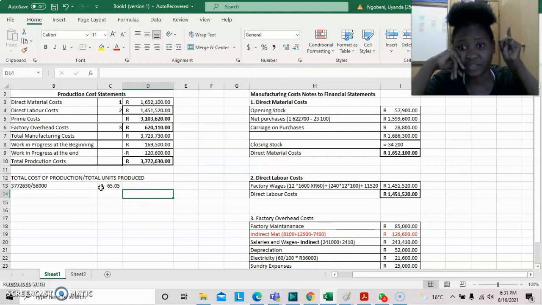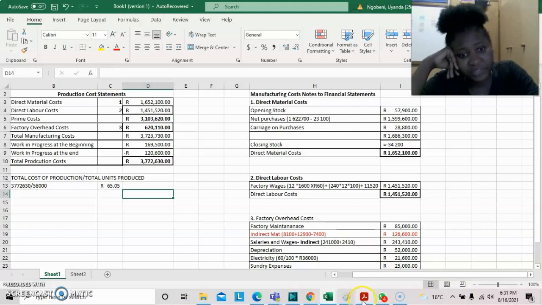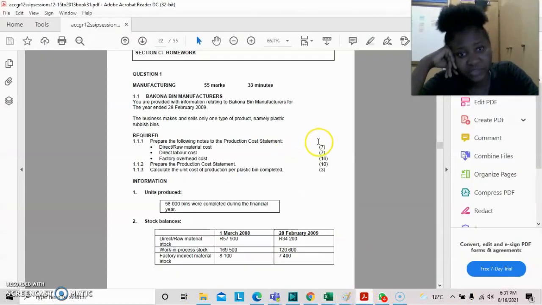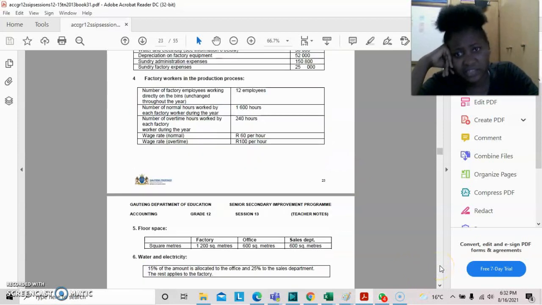65 rand 5 cents. Okay, so just by doing this, you are most likely to get these marks. I don't know how many they are, around 43, I think. Yeah, and then,